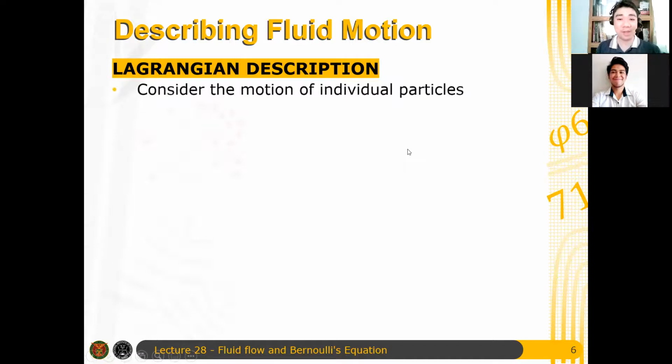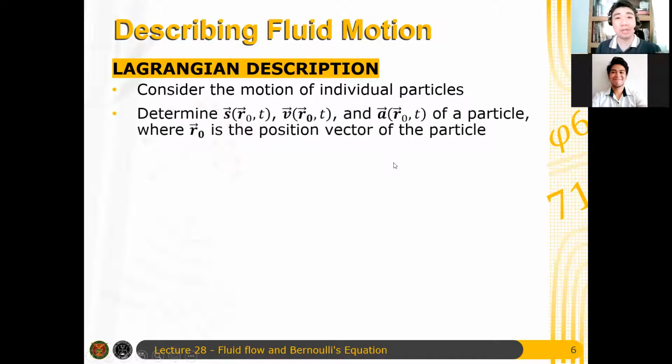But for the meantime, pwede mong isipin na yung fluid composed of different particles. And those particles have some forces acting on it, therefore it has some energy, it moves with some velocity and some acceleration. Diba? And therefore, you can determine the individual displacement, velocity, and acceleration of every parcel of fluid in that fluid column. Kung may hose ka halimbawa na may tubig, pwede mong tignan yung bawat parcel of fluid na nag-flow. And then you can measure the position or the displacement, the velocity, and the acceleration of that fluid. You can always do that.